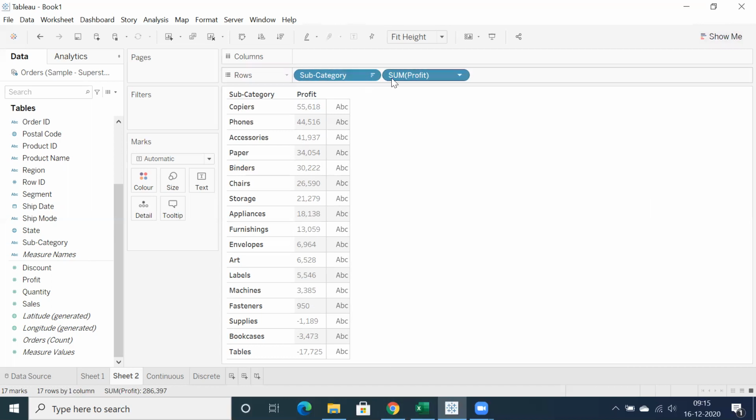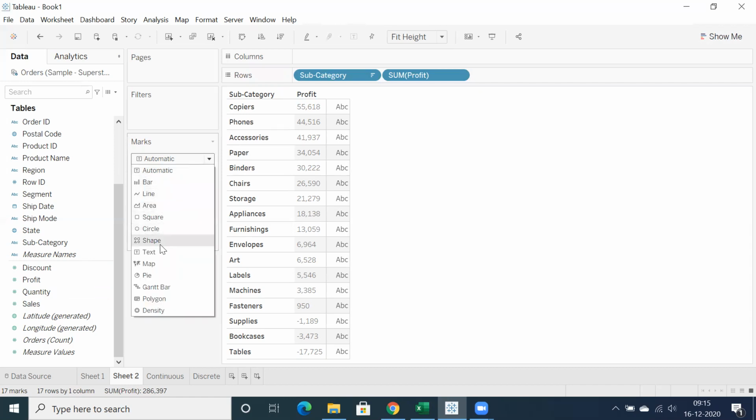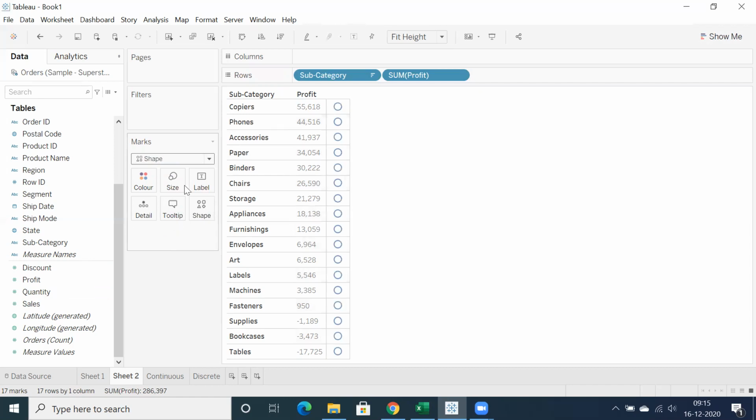Why have I preferred to convert sum of profit from continuous to discrete? Because I'm going to use shape here. You can see I didn't place anything, but let's drag and drop. Let's click on this drop down and convert into shape. When you click on text, it showcases ABC here.